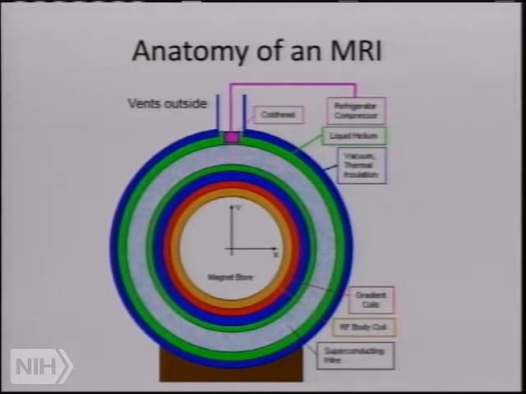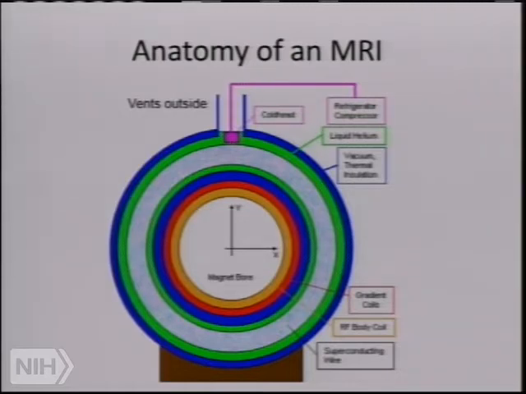One important aspect of this is the so-called cold head, where you can deliver liquid helium into the device and keep it refrigerated. But it's also very important that you be able to vent in the event that the magnet heats up for some reason. There's a tremendous amount of gas that will form from this liquid helium converting into gaseous helium, and it'll definitely fill up the room, pushing out all the oxygen and all the regular air from the room, and whoever is in that room at that point will suffocate.